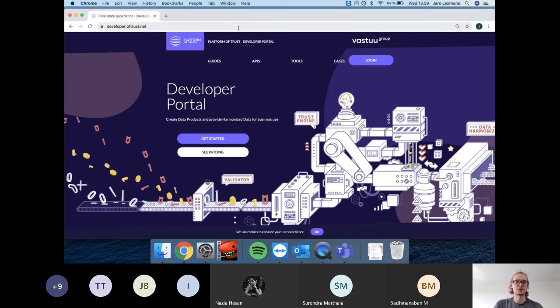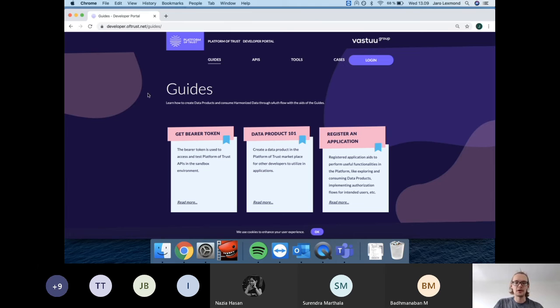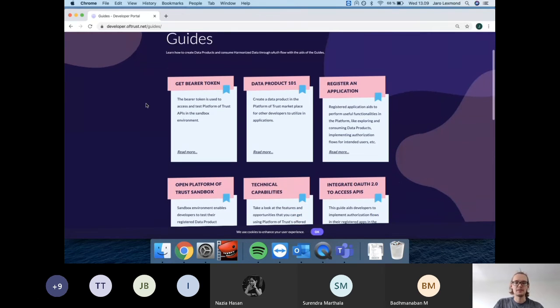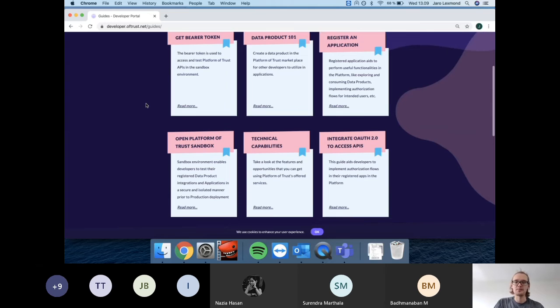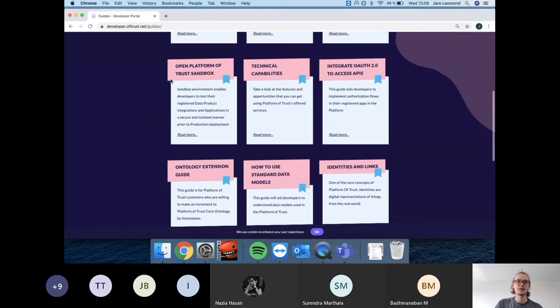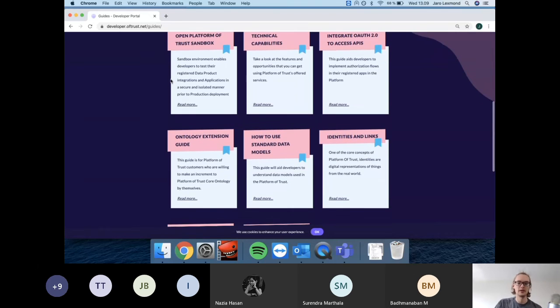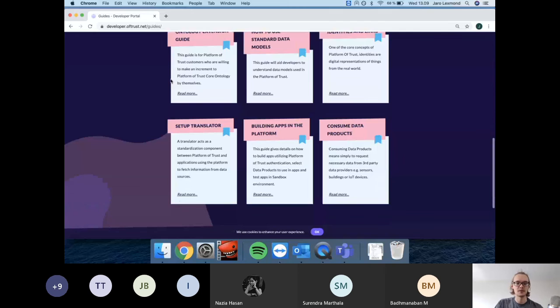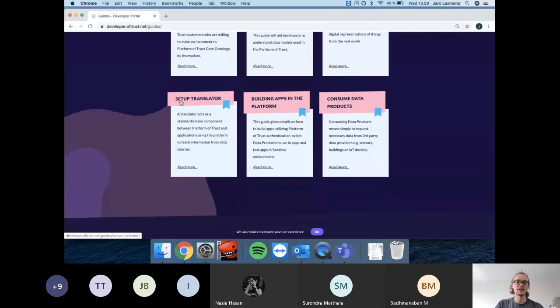So I'll quickly show our developer portal, which has a lot of useful information for somebody who's starting to do some kind of development related to Platform of Trust. And here we will be using our guides, which give a step-by-step guide on performing different kinds of operations with Platform of Trust. And for us, of course, the most important thing is setting up a connector or a translator,